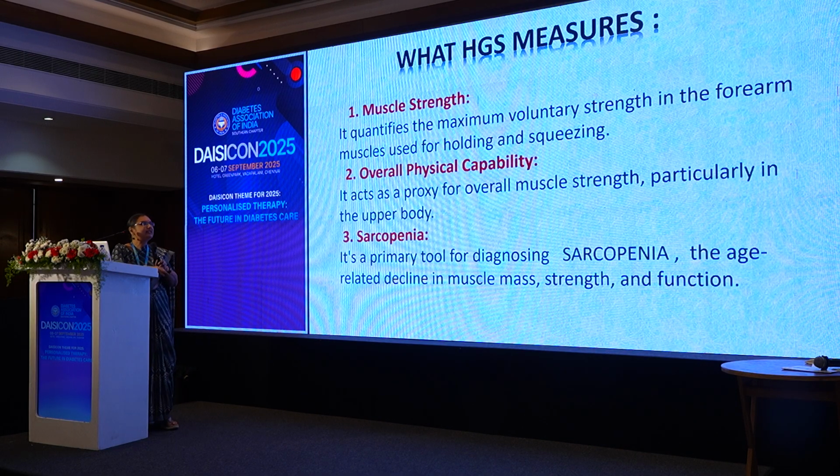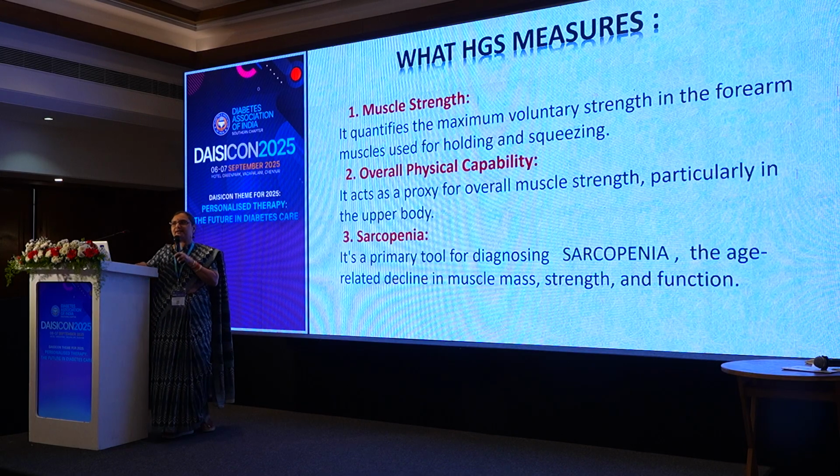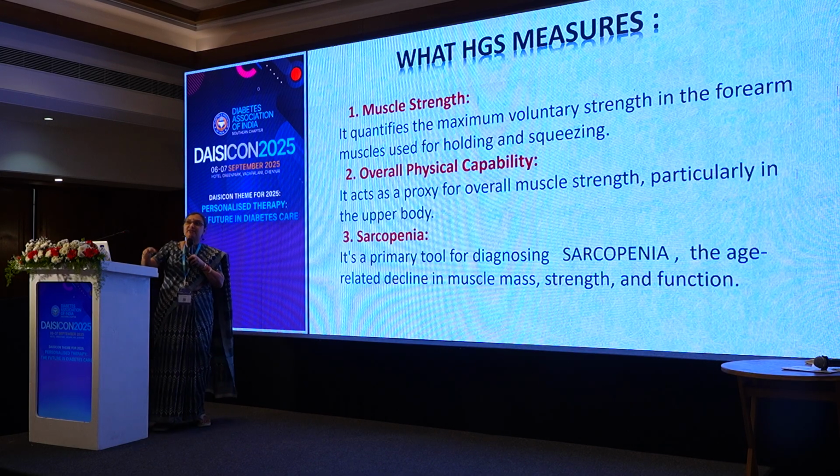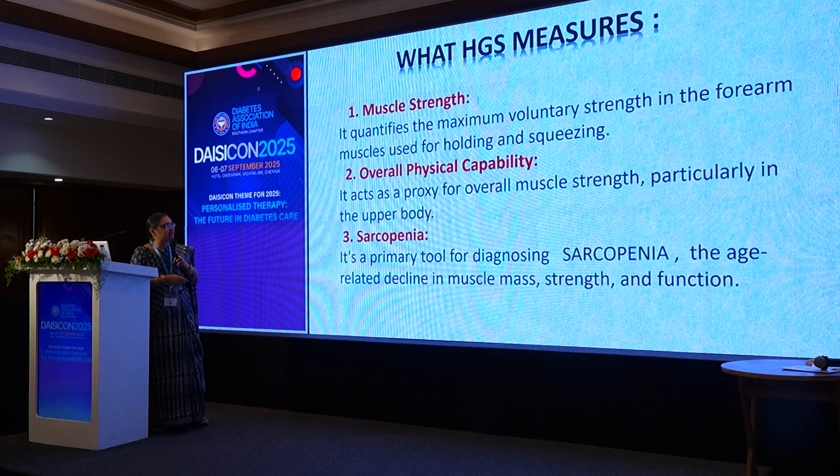So what does this hand grip strength measure? It measures the maximum voluntary strength of the forearm muscles used while holding and squeezing. When you're holding and squeezing, what maximum strength can you achieve? The whole body skeletal muscle strength is assessed just in the arms, in the hand. It acts as a proxy for overall muscle strength, particularly in the upper body, and is a primary tool in